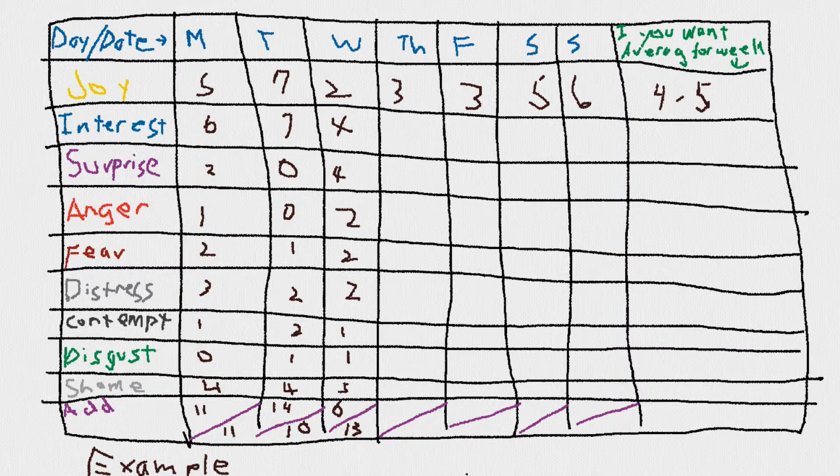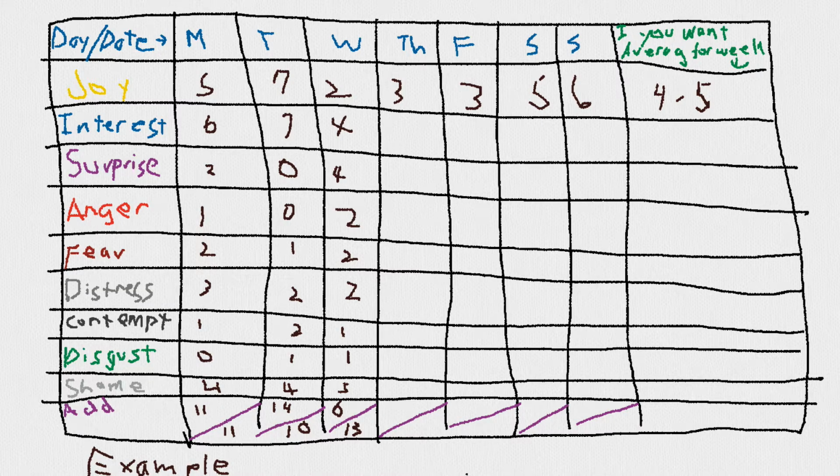Now add up the numbers for anger, fear, distress, disgust, dismay, and shame, and then for interest and joy. You have 60 possible points for the first 6 and 20 for the 2 positive ones. Surprise is considered neutral, as you can feel good or bad after being surprised, so you can leave that aside or add it to the positive or negative total. Things to note after this exercise. There are more unpleasant points than positive. Therefore, on average, if we are really paying attention to our feelings, there will be more unpleasant points than pleasant ones. Again, on average. Certainly, we can have days where we feel very good.